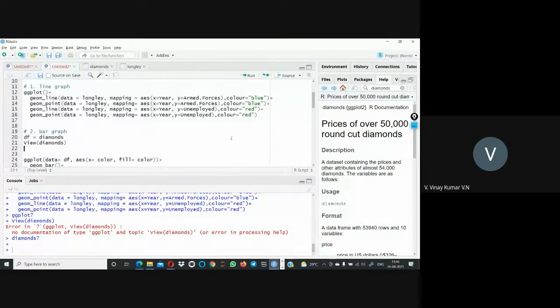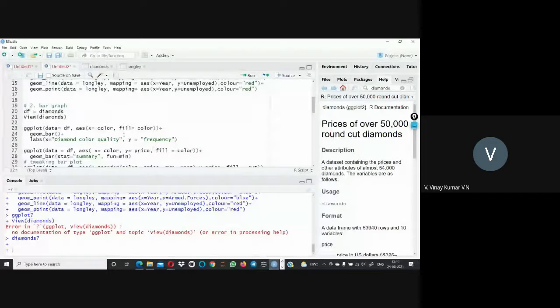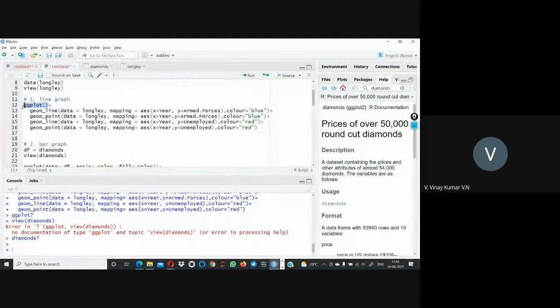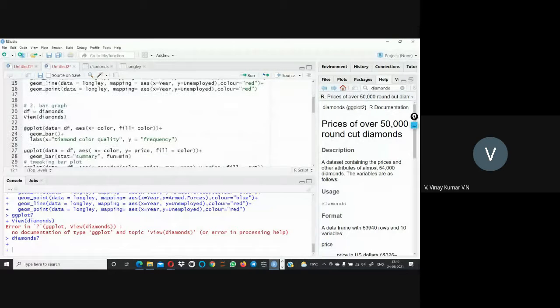For this data, we are plotting the bar graph. Again, same story: we are using the ggplot function. In the beginning, I mentioned that first I use the ggplot function, then I insert lines. Here is another pattern, we can get things done like this also. First we take ggplot. The data I want to use is the diamonds data, which I'm storing in a variable called df. So my data frame of diamonds is stored in the df variable.